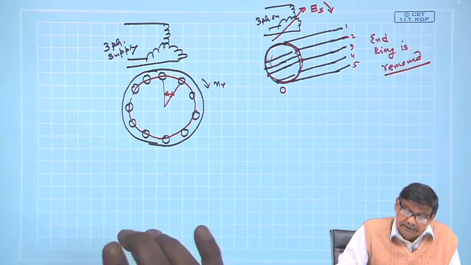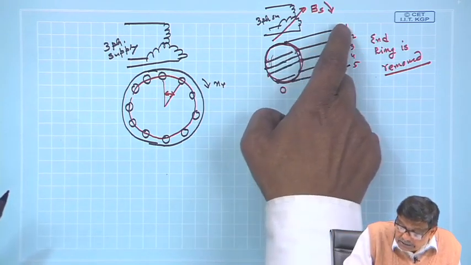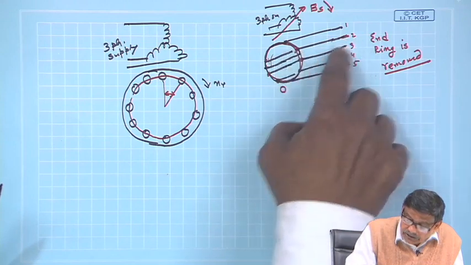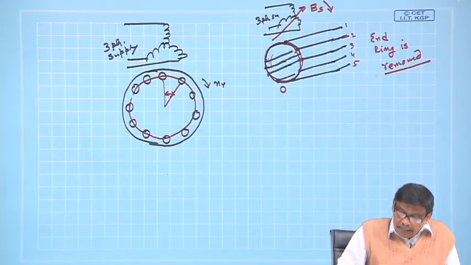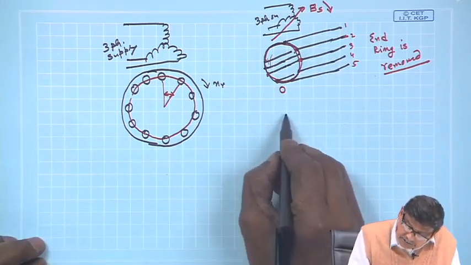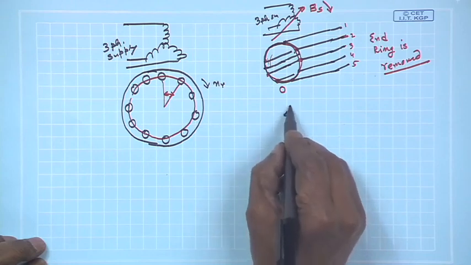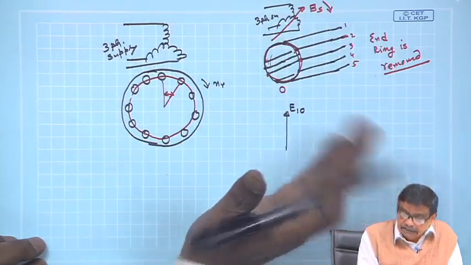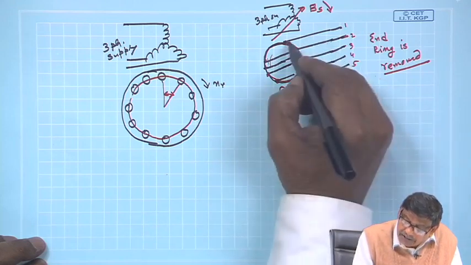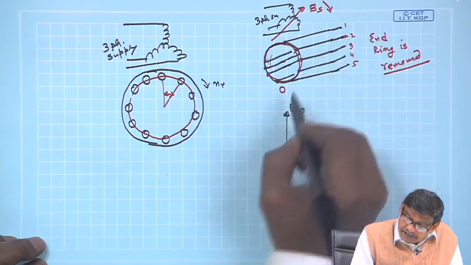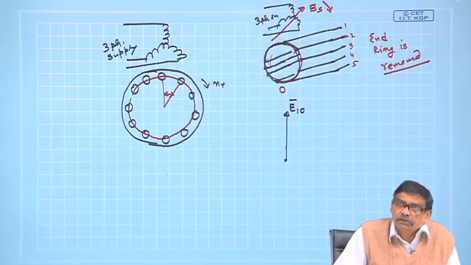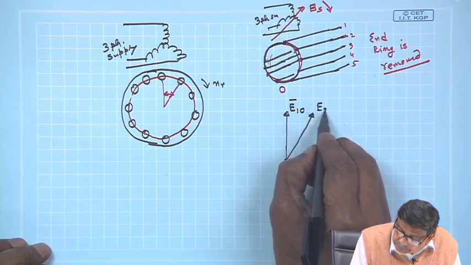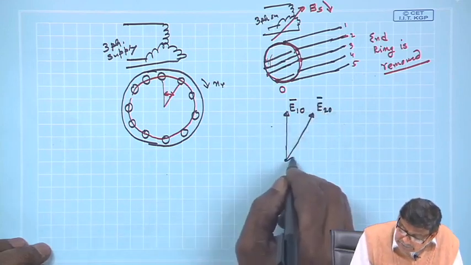Then I must say that there will be induced voltage in each of the conductors. In this conductor 1 0, in the conductor 2 0, 3 0, there will be induced voltage. And if I sketch these induced voltages, suppose it is E10, this voltage. The rotating field is moving like this, then E20, that is BLV, this voltage. The phasor of this will be a time varying voltage, because B is sinusoidally distributed, and E20 will be here somewhere, it will be lagging, length will be same, like that. E30,